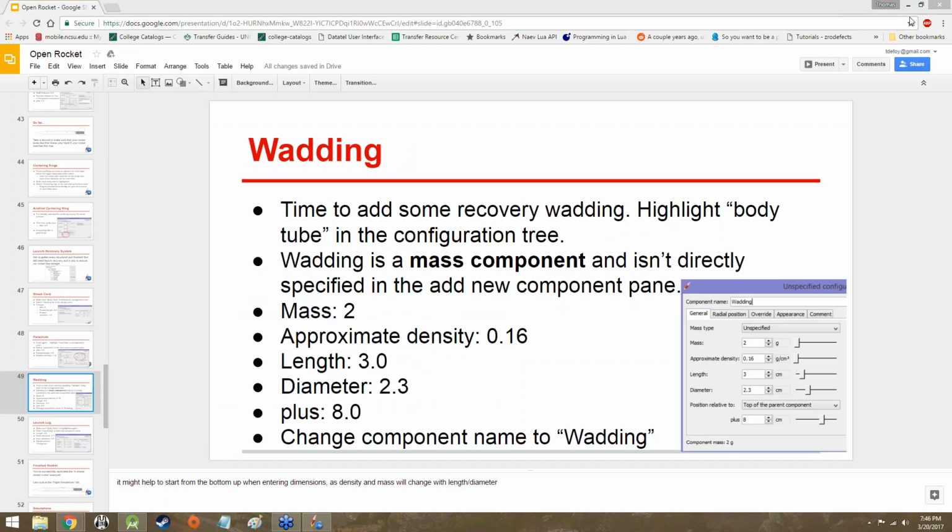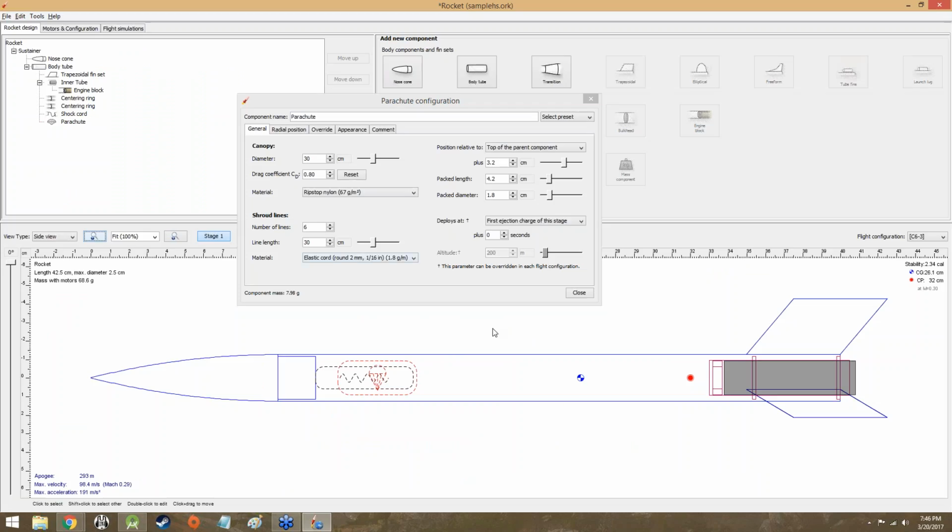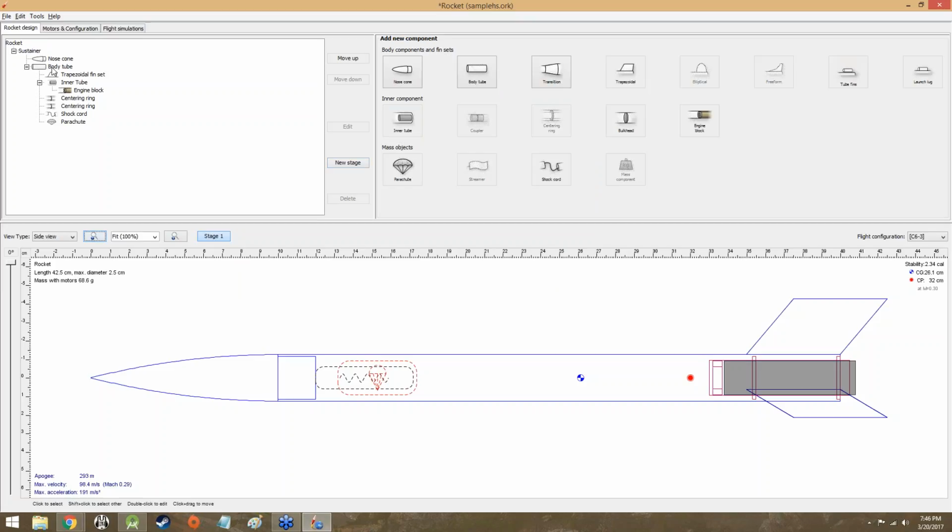So then we're going to add in some recovery wadding as well. Wadding is a mass component and isn't directly specified in the add new component pane. So this is going to be kind of a weird thing. If we click on body tube, look for the recovery wadding button under add new component, and raise your hand once you've found it. I'll save you some time. It's actually not there. This is not something that is explicitly simulated in OpenRocket, but